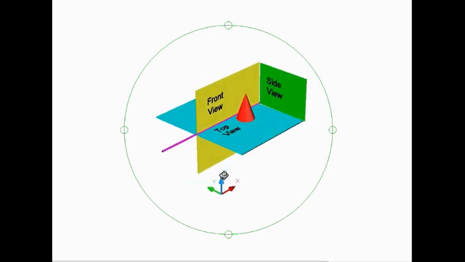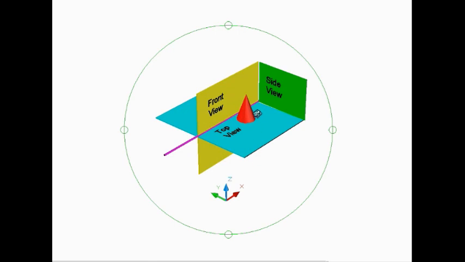Suppose the color of this particular cone from this side is red and this side is, let us say, yellow, then in front view there will be red and in side view there will be yellow color. Though the triangle will be there in both the views, it is a different side of the triangle, the side of the cone that is seen here.